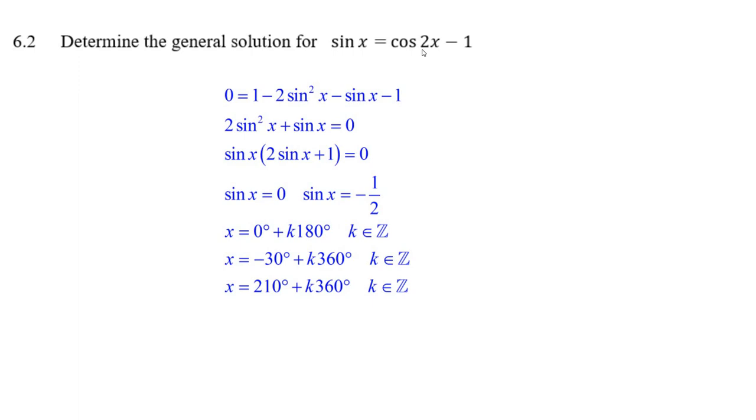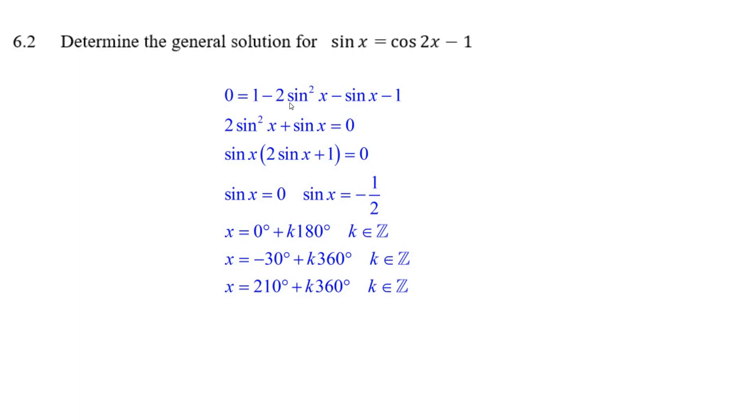And so instead of cos 2x, I put 1 minus 2 sine squared x. And then I bring the sine x over, it's minus sine x. And look at that good thing that happens. You get 1 minus 1, and the 1's are gone. Well, that makes it even easier to